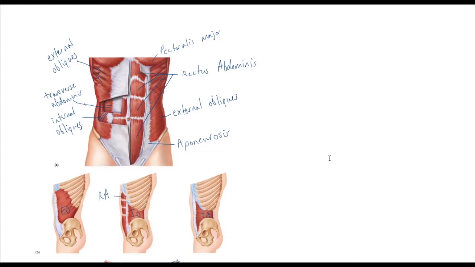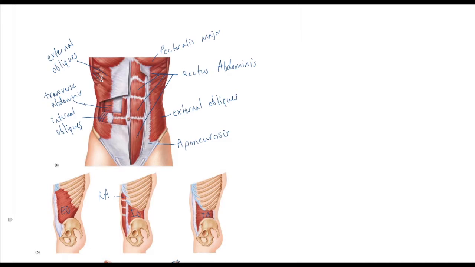We have our external obliques, and one thing I want to really point out is how the obliques run. So we have our external obliques here. They're running at a diagonal from top left to bottom right. Our transverse abdominis are running basically midline, or transverse. And then our internal obliques are running from bottom left to top right. So we have 3 different types of fibers to form our